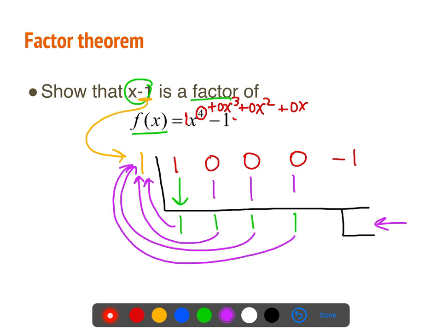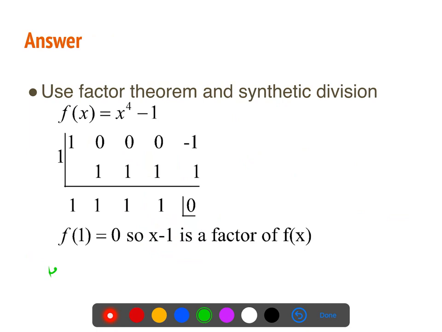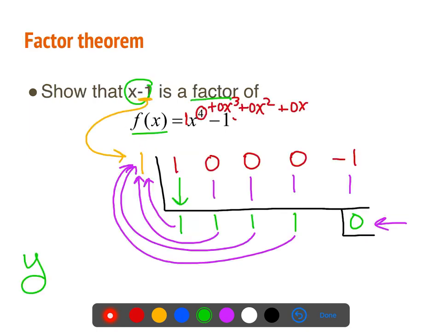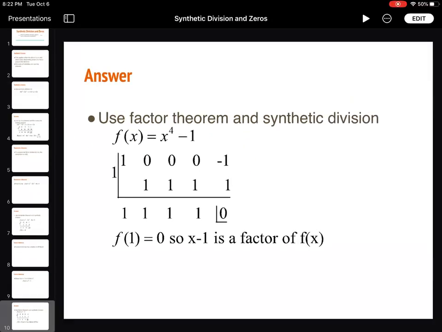It's kind of boring, there's a lot of 1's. Multiply by the outside, 1 times 1 is 1. Add the column, 0 plus 1 is 1. Multiply by the outside, 1 times 1 is 1. Add the column, -1 plus 1 is 0. Yes, he is a factor. Yes. So let me go back one. So